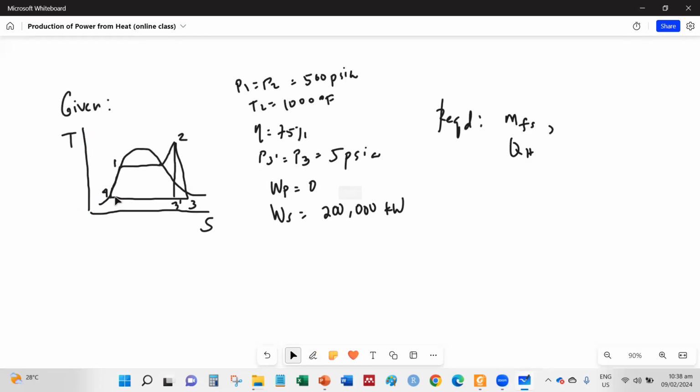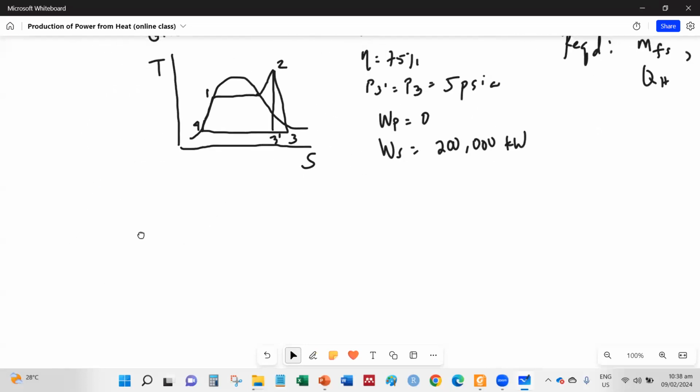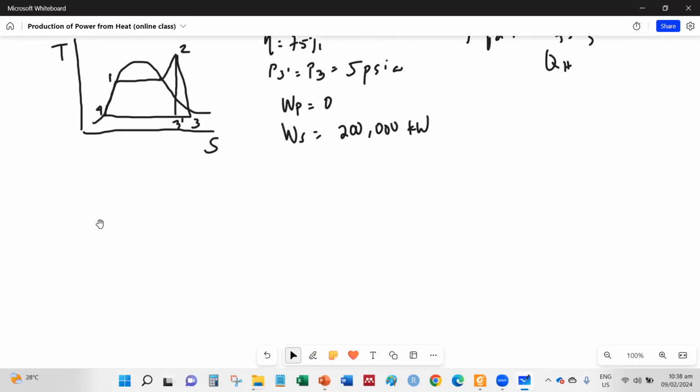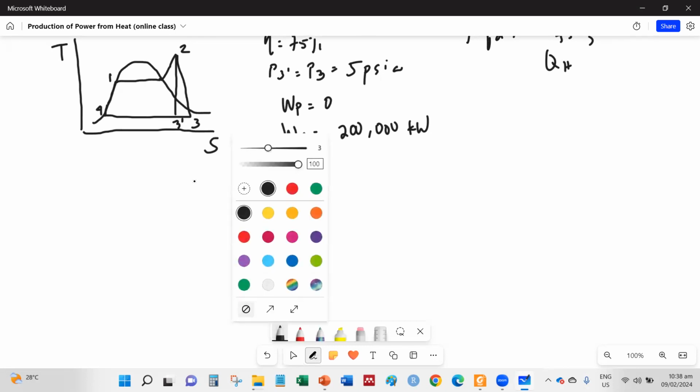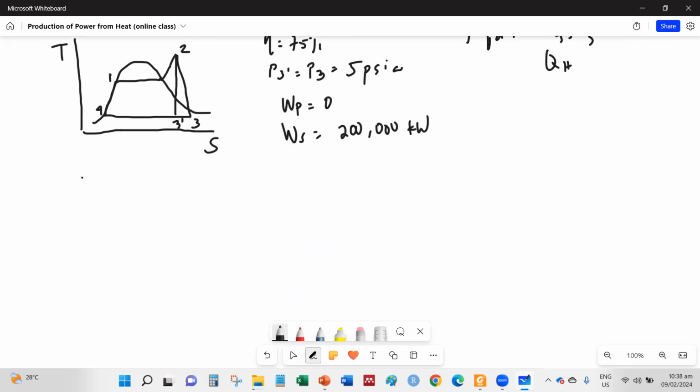Next is, so let's begin at point 2. Okay, let's begin working at point 2. At point 2, we know that we are on a superheated region. So we have the superheated